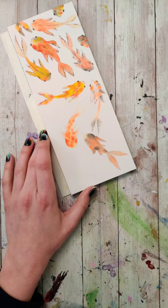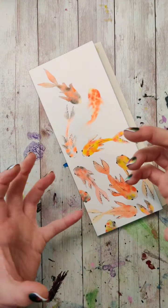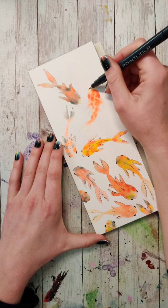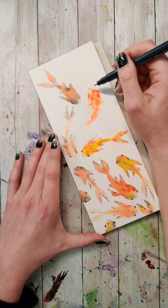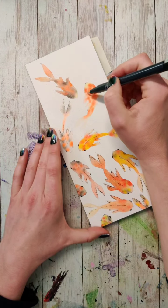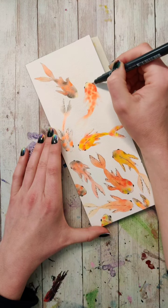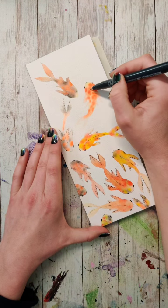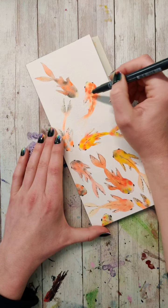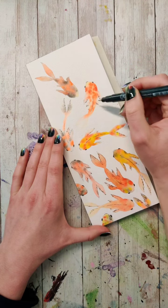You could kind of combine the water lily painting where we lifted. You could try to do that. There's a whole bunch of different ways too, but I kind of like the simplicity of not having a background. This kind of reminds me of like a wrapping paper or something, or like it would be cute on a tea towel. I kind of like the look of that. Plus, there's not a ton that I can actually say about adding the background, and it will take just as much time as actually painting the fish, so...